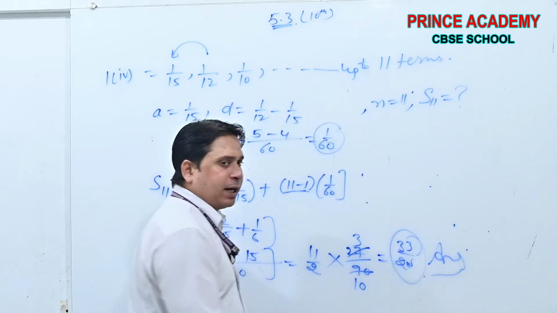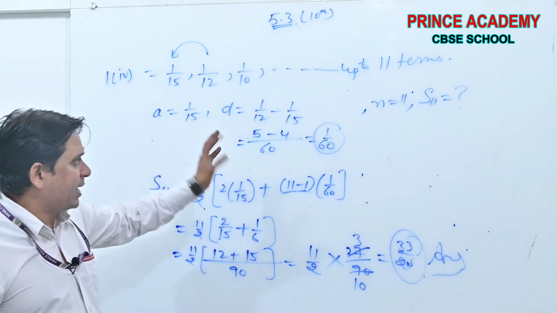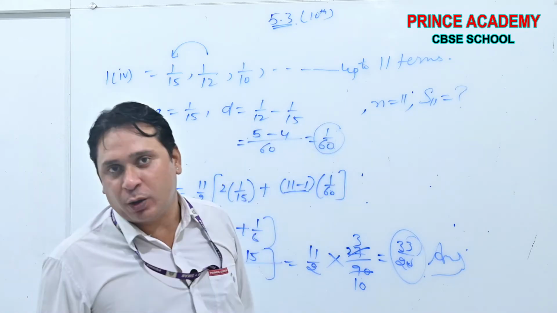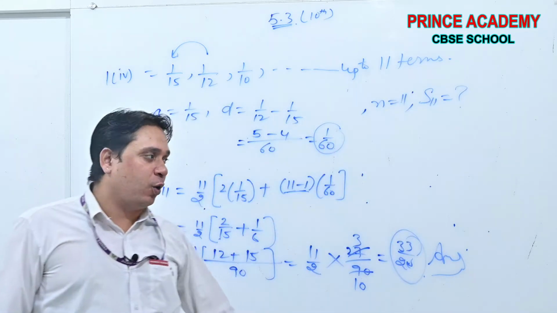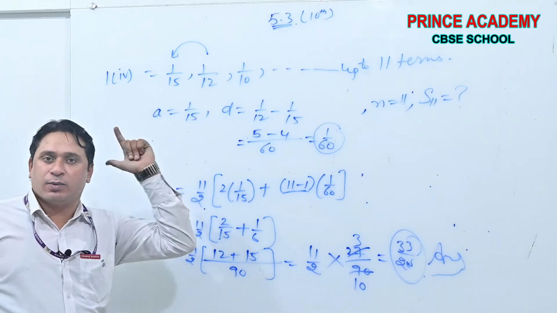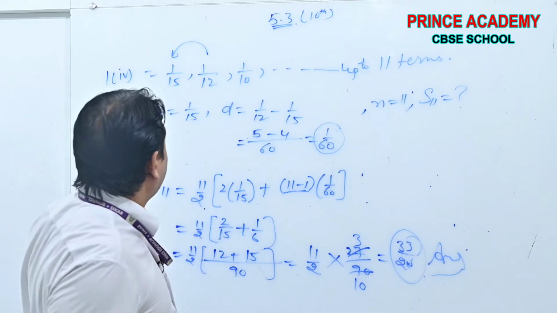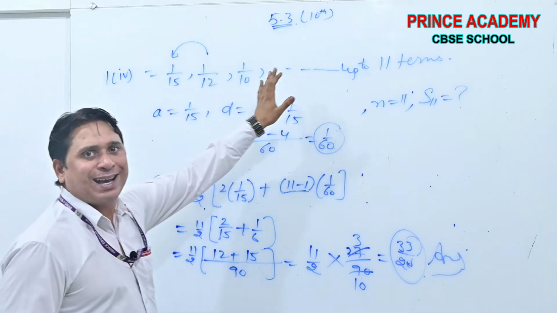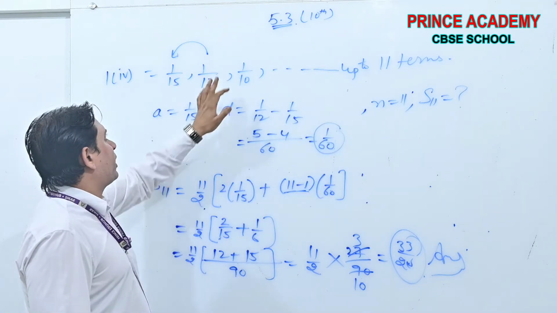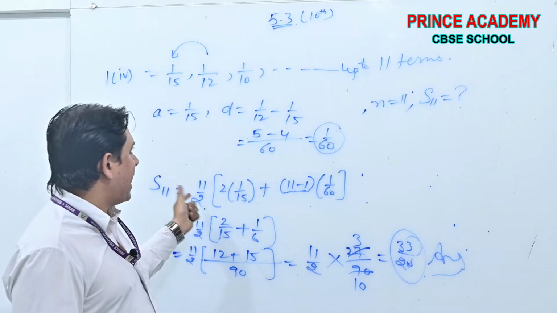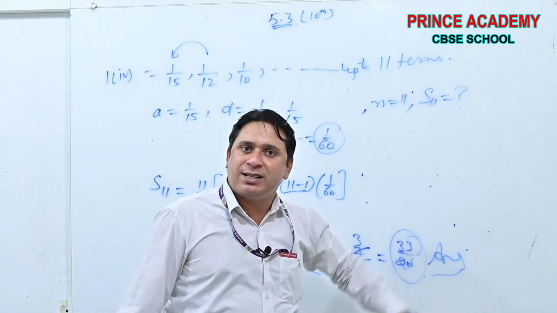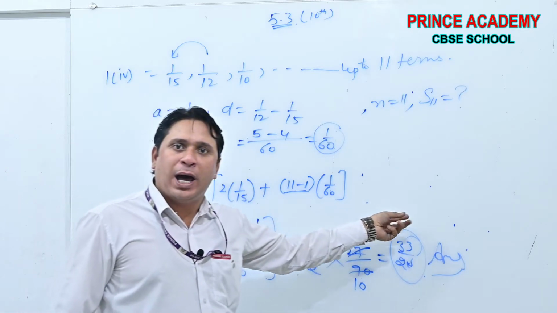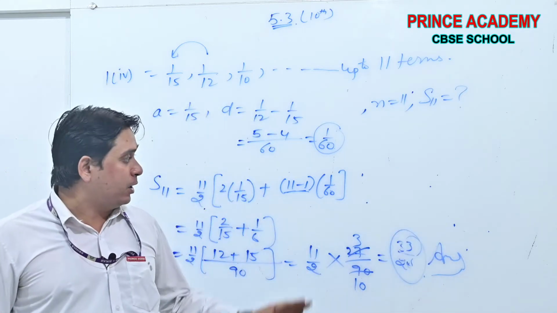I am a little bit in a hurry, that's why there might be a calculation mistake, though very little chance. Don't worry. Now my focus is all here. Okay, this is the answer. You will get the value. See, beta, question number 1 part 4th: AP was given, first term we calculated, then N is 11, S11 is to be found. Put the values in the formula, you will get the result. Okay, beta, take the screenshot.